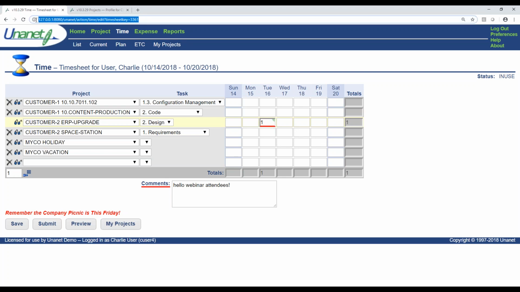I'll also point out at the top here, Unanet has email reminders that can go out whatever time of day and however frequently you'd like. I highlight this, that's called deep linking. So when we send that reminder to go out, it's going to include a link to the end user, and Charlie is going to receive that email at 6 a.m. in the morning, let's say. That's how we chose to set up that reminder that says, hey, Charlie, you didn't enter your time for yesterday. It will include a link, and it will bring Charlie right to this screen. It doesn't bring him to his home screen. It brings him exactly to this timesheet, which really enables a much easier time entry experience.